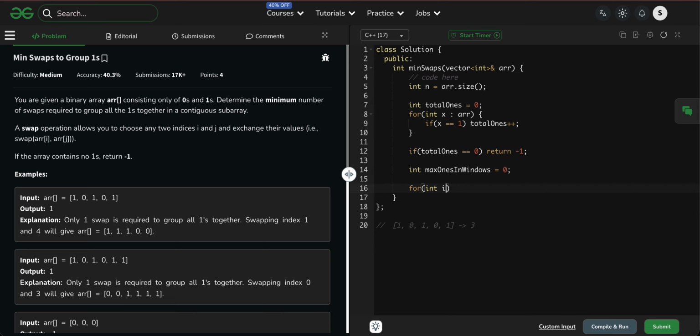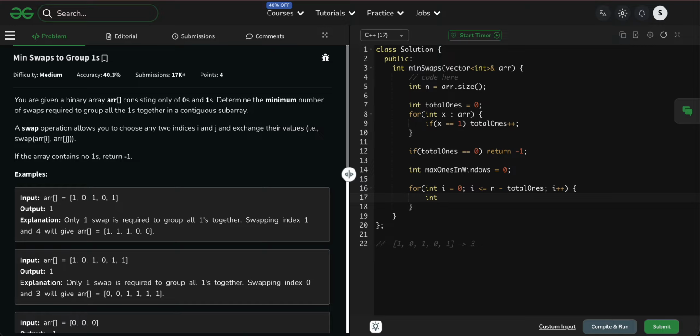Now for int i is equal to 0, i less than or equal to n minus total ones and i plus plus, right?